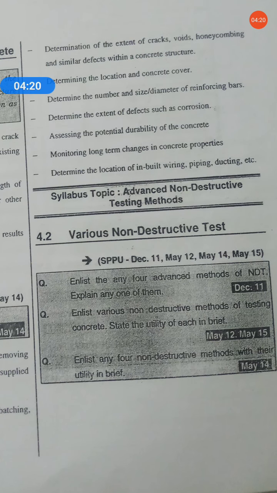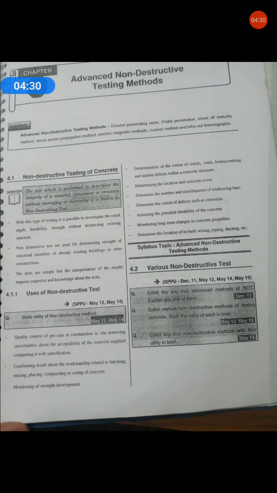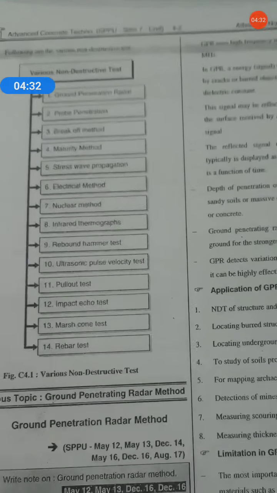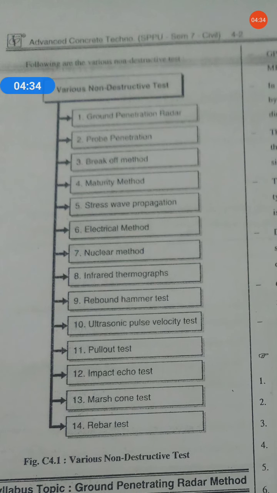Now what are the various NDT tests? How many NDT tests are there? These are the total NDT tests.